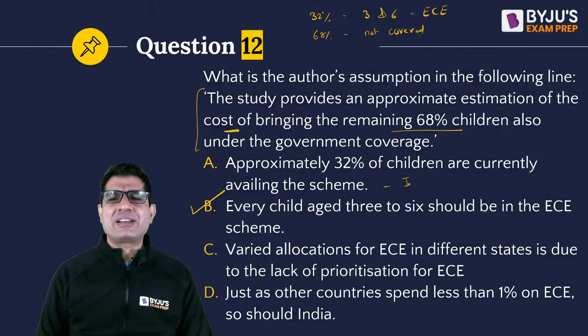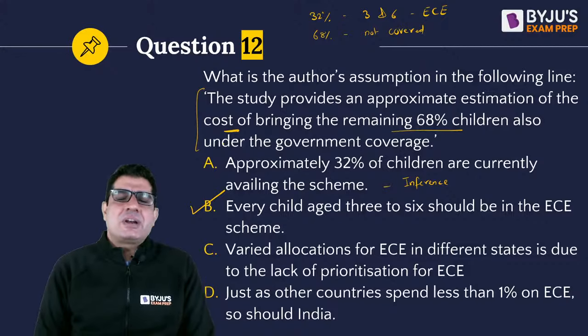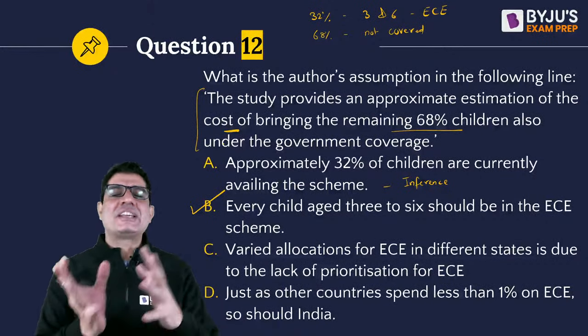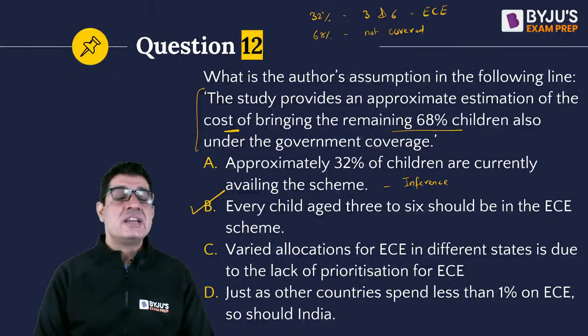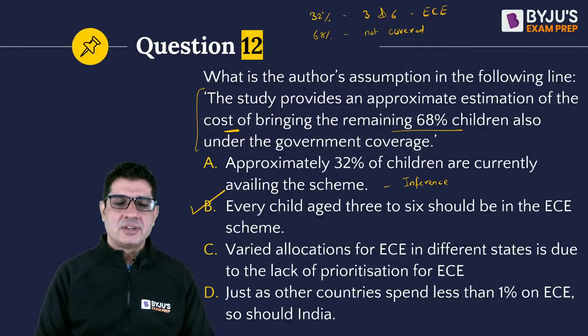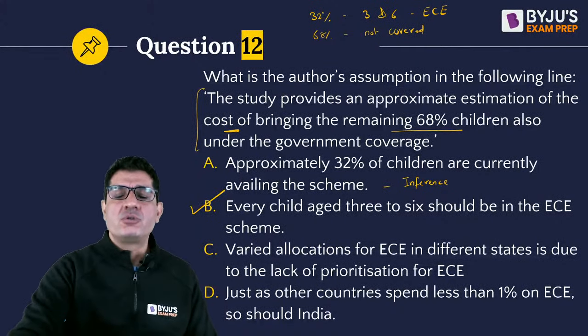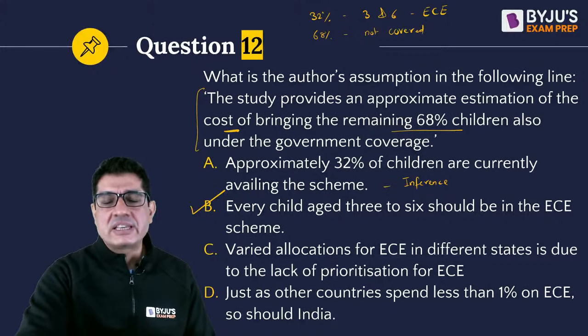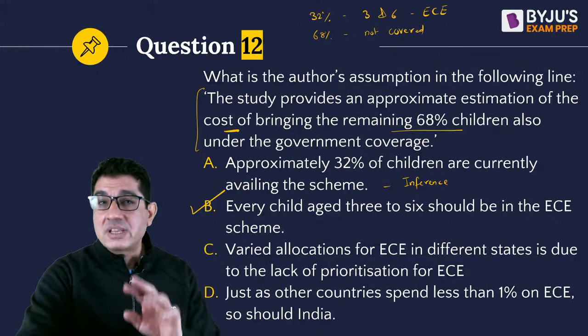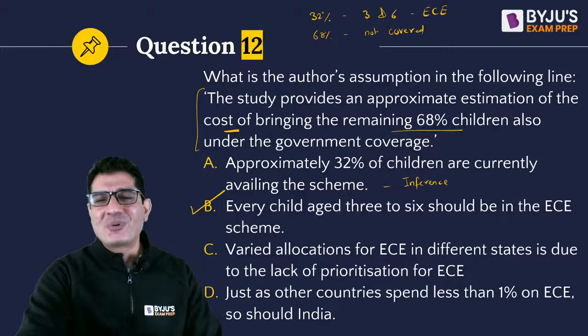A is something that can be inferred on the basis of this statement. It can be an inference, although it is mentioned in the passage elsewhere. It will not be an assumption. And you know that if you want to eliminate your options in an assumption question, you can always use the negation test. More on that later.